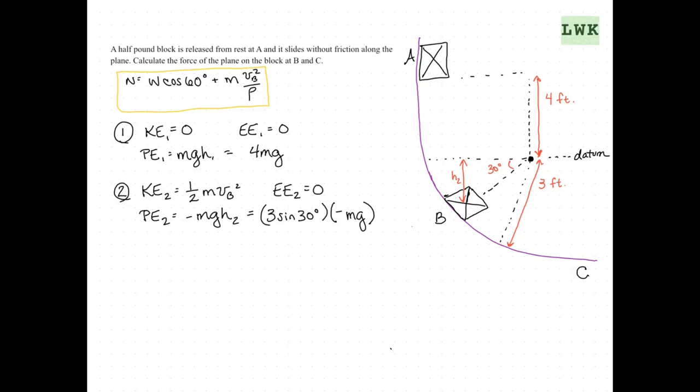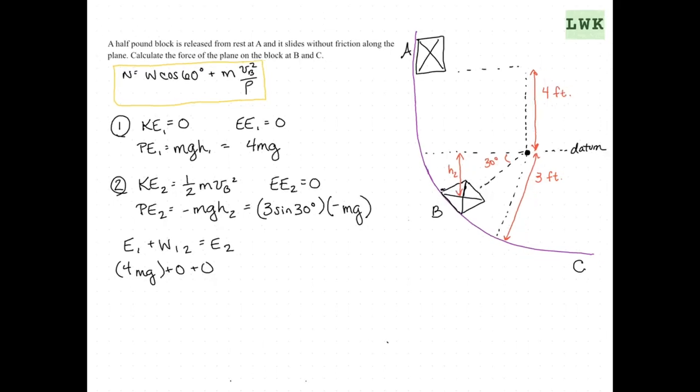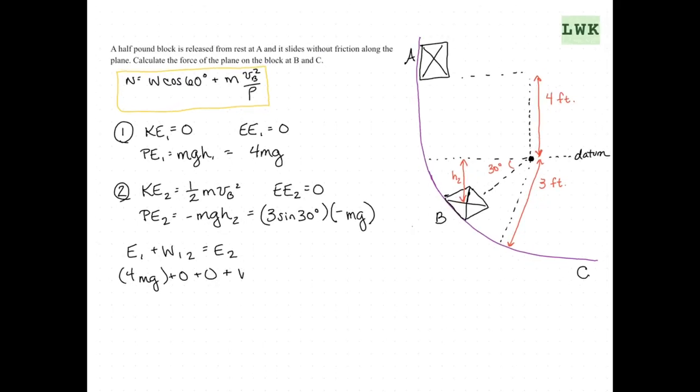So what is the work done now? If we look at our work energy equation, the energy at 1 plus the work from 1 to 2 equals the energy at 2. We've defined our energies here, so we want to plug in 4 mg plus 0 plus 0. So our potential energy at 1, we have 4 mg, and we have 0 kinetic energy and 0 elastic, plus our work from 1 to 2